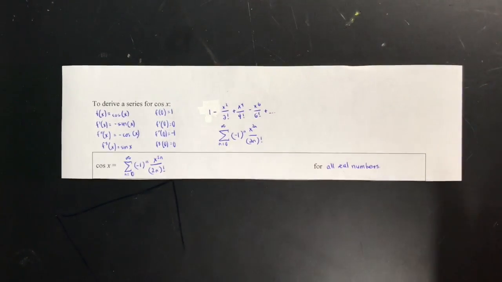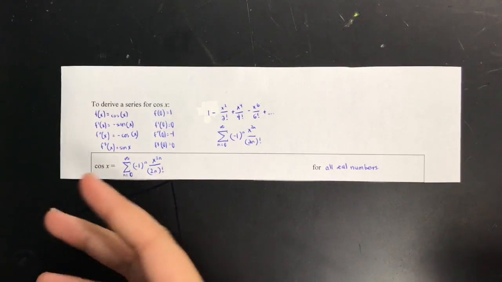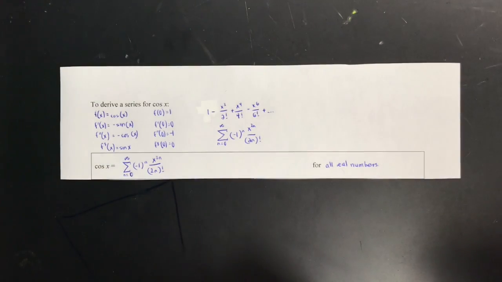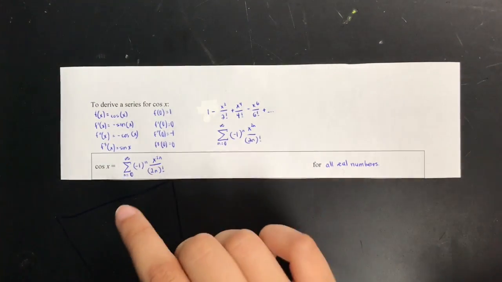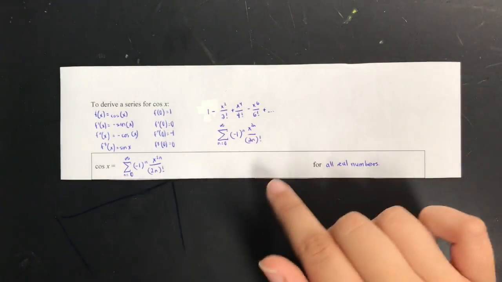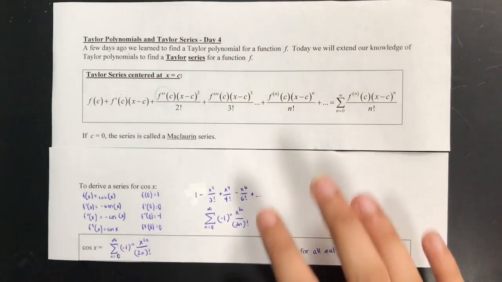So this is for cosine x. So again, we did the exact same thing. You found the derivatives, first, second, third, etc. for cosine x, which is right here, and then we also plugged in 0 for c because it's a Maclaurin series. And so that's what we got over here, and then using these values, we plugged into this original expression, and we got